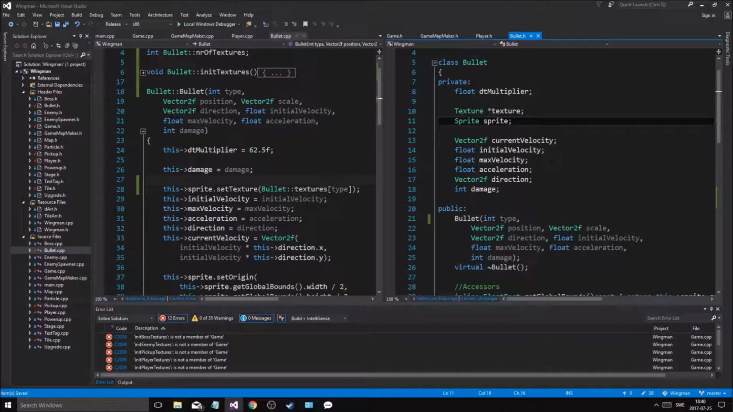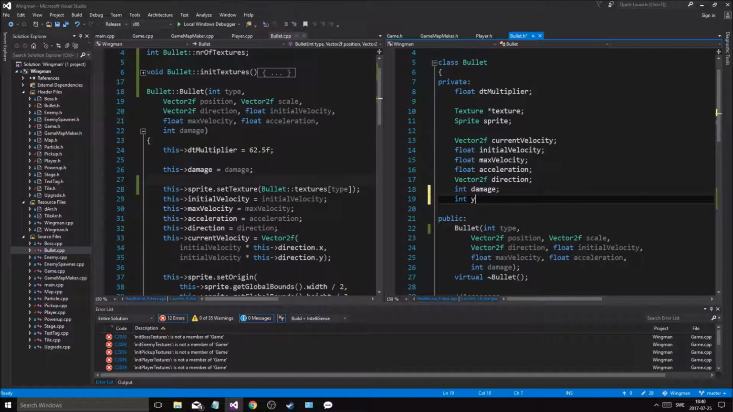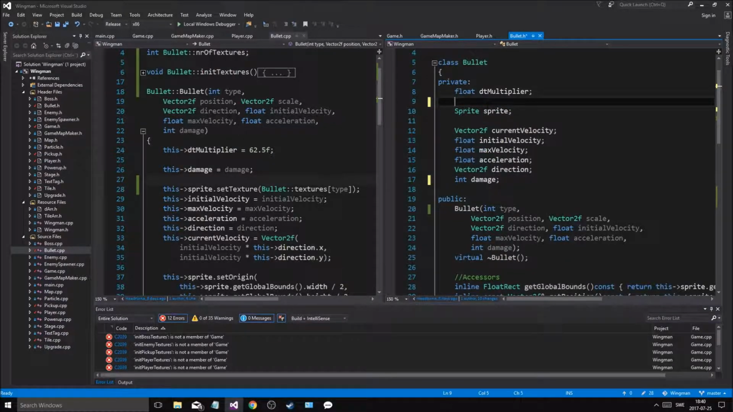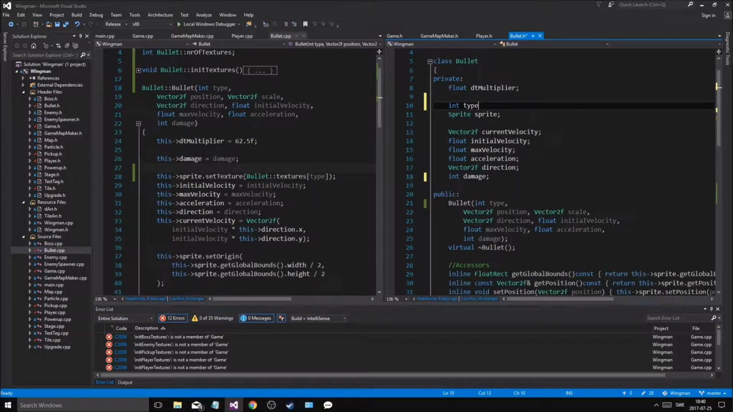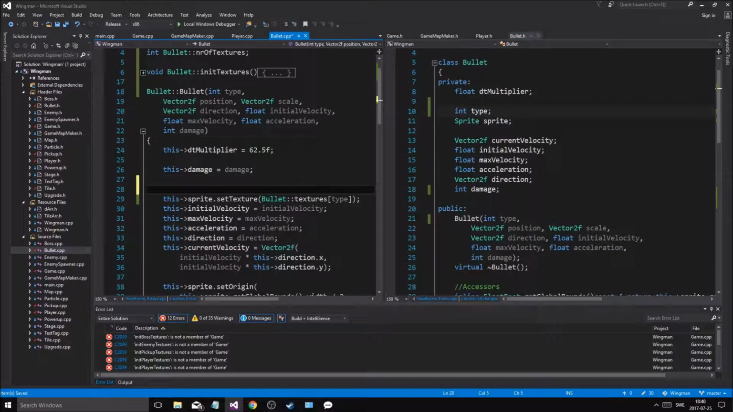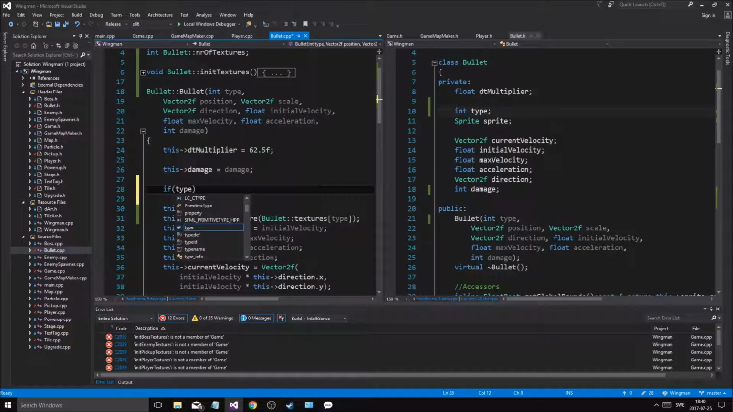Let's actually record the type in here. Int type. Let's do that. Let's record the type. We need an int type. Whoops. This type equals type. If type is greater or equal to bullet number of textures. So if it's equal to, even, because there are 2 textures but type is greater than those, then